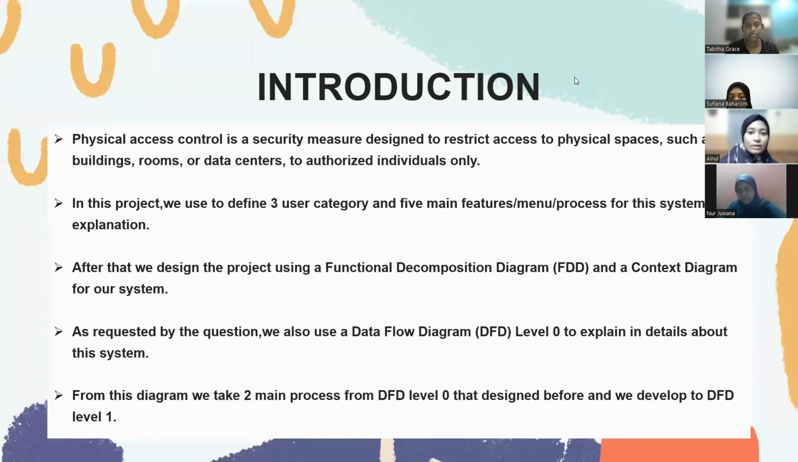So next, introduction. For the introduction, physical access control is a security measure designed to restrict access to physical spaces, such as buildings, rooms, or data centers to authorized individuals only. In this project, we define 3 user categories and 5 main features, menu, and process for the system with explanation. After that, we designed the project using a functional decomposition diagram, FDD, and a context diagram for